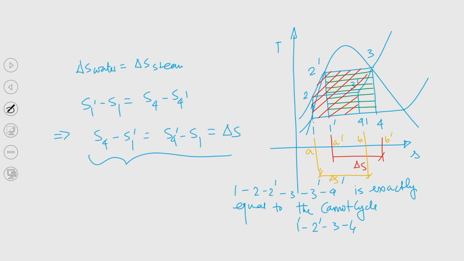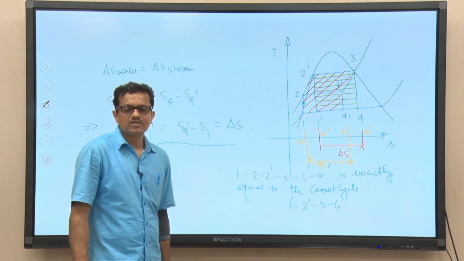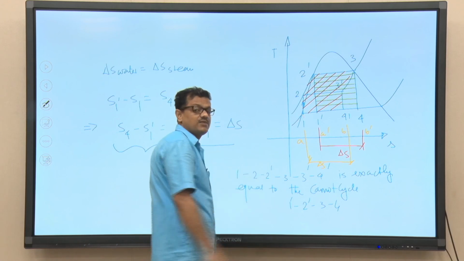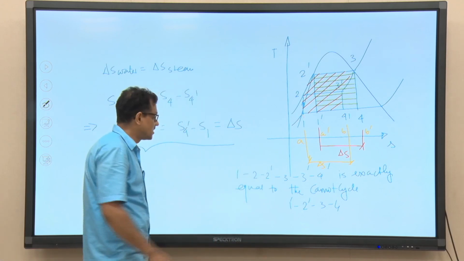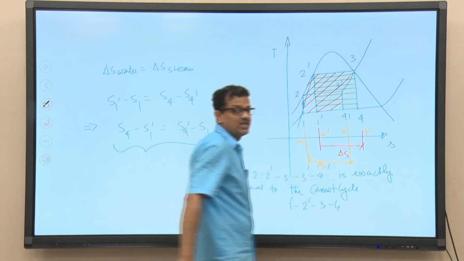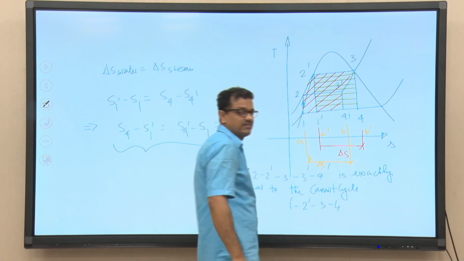From this simple mathematical analysis, the only important assumption is that the heating of water and cooling of steam inside the turbine will take place following a reversible process. If we make that process infinitely slow, then we can show that the efficiency of the ideal regenerative cycle will be equal to the efficiency of the Carnot cycle, and that is quite obvious, because essentially the area under the process line will give you the net work input, since for both cases the heat rejection remains the same, right.